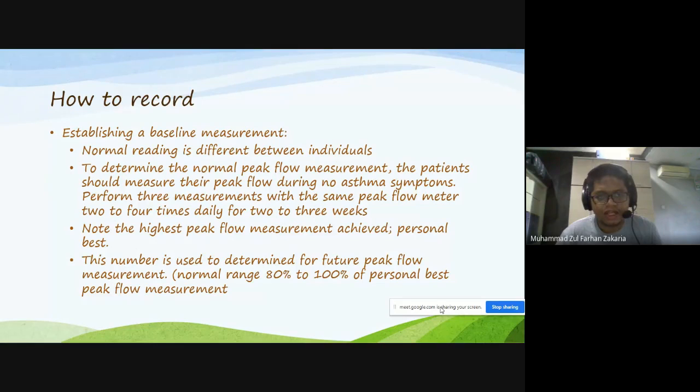and then notes the highest speed flow measurement achieved, which is indicated as the personal best, so that we can compare with other measurements. The number is used to determine future peak flow measurement, and the good range, what we call the good reading, is about 80% to 100% of personal best peak flow measurement. And then there is a